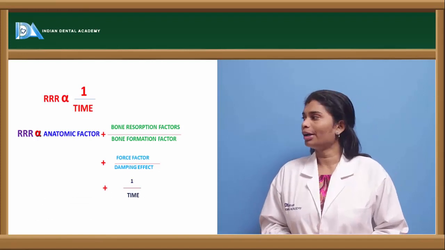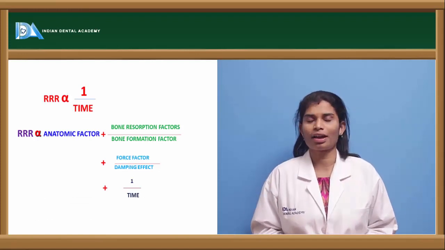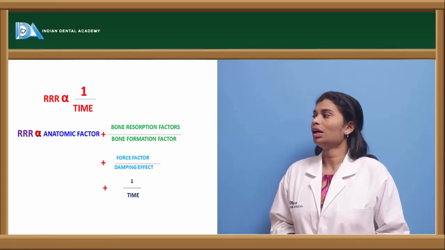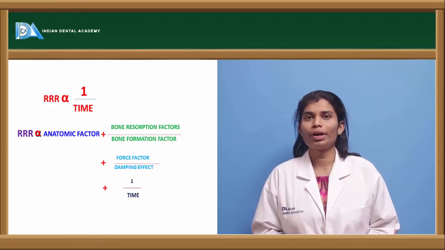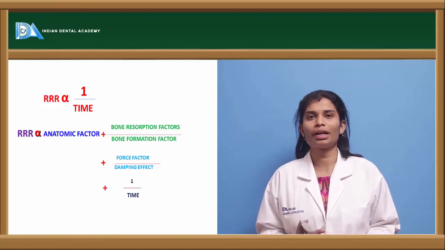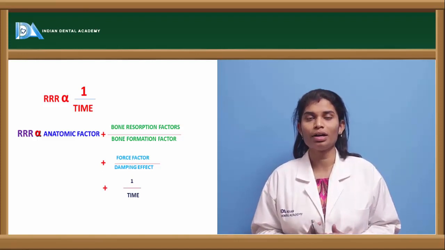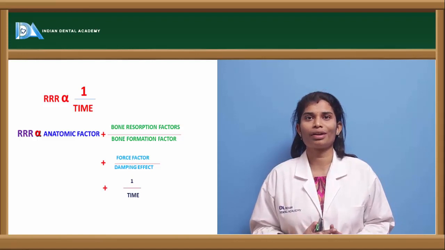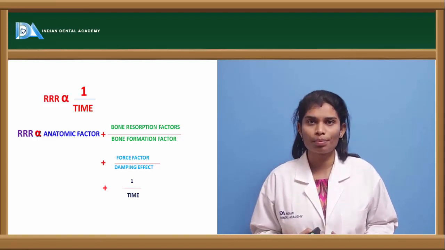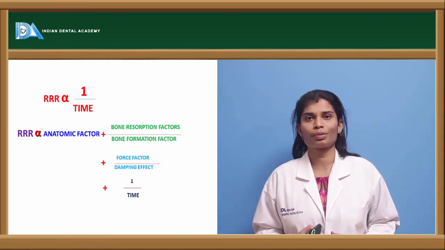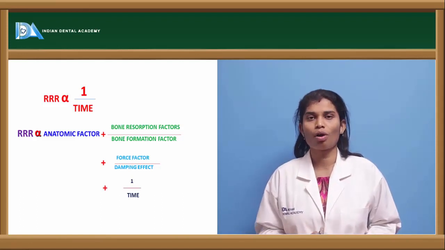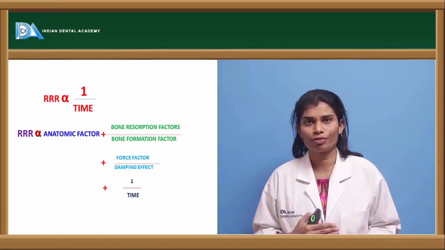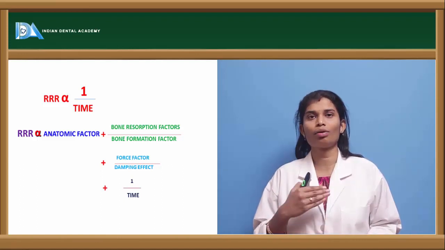So, coming to the summation of all the factors affecting residual ridge resorption, it is inversely proportional to time. Following tooth extraction, in the immediate 6 months to 1 year, the residual resorption will be very fast. The amount of bone resorbed will be more in the first 6 months to 1 year, and as the person is aging, or the bone is aging, the amount of resorption will be less and it goes on at a